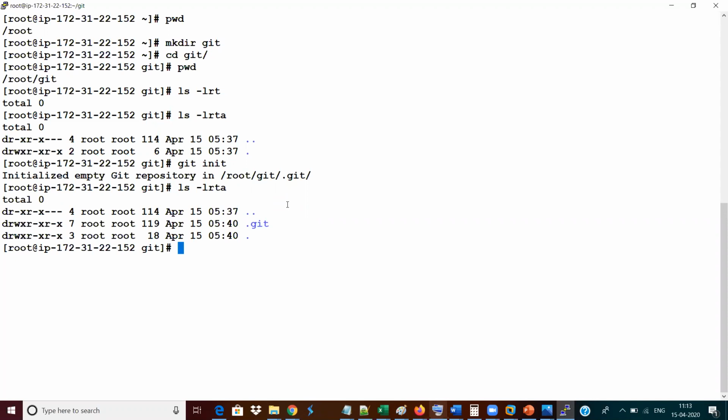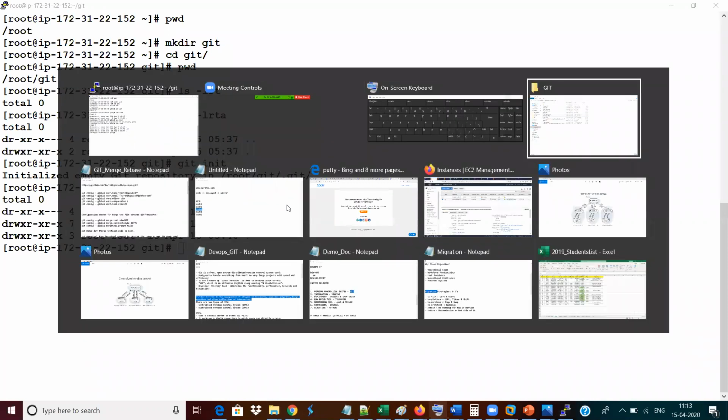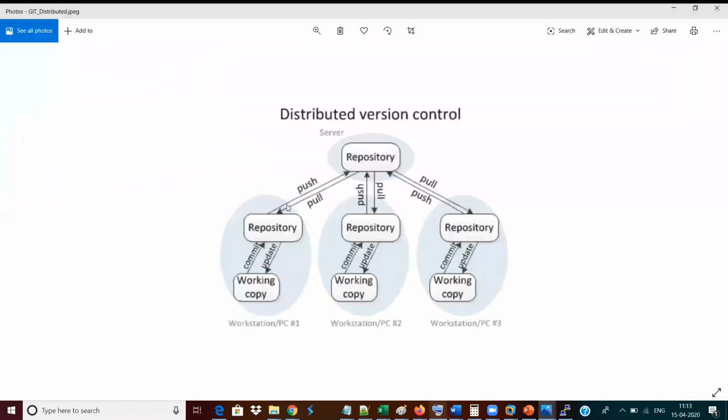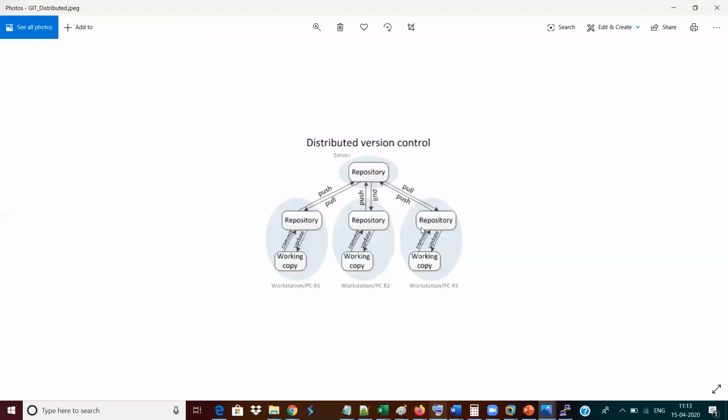Guys, have you understood? Earlier I told you what a local repository is, what a working directory is, and what a remote repository is, using this distributed version control diagram. Check out here, you have a working directory, which is nothing but your root/git. That is your working directory, where I am standing. And your local repository is nothing but the .git folder. And github.com, an online website, is going to be your remote. So now I think I have made you understand how this distributed system has been set up.